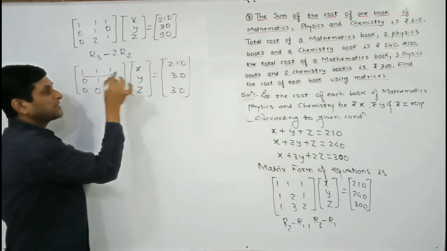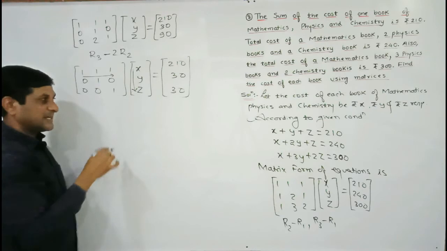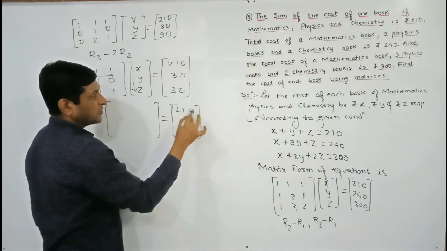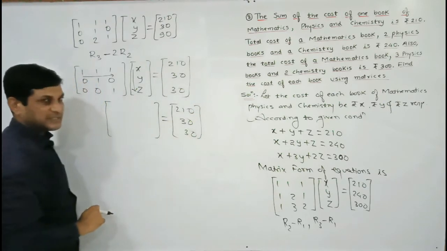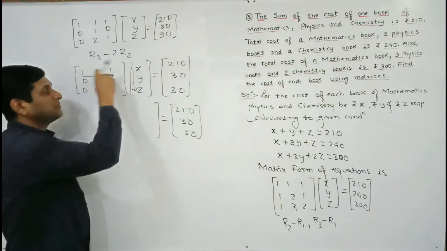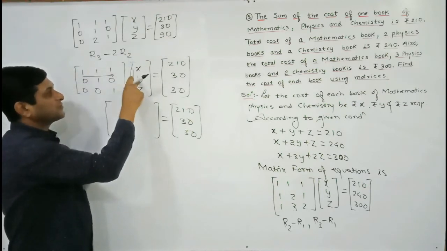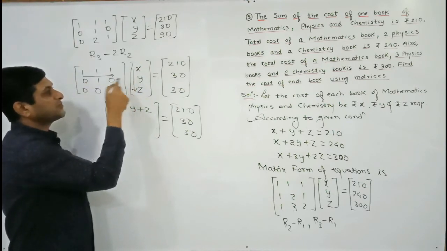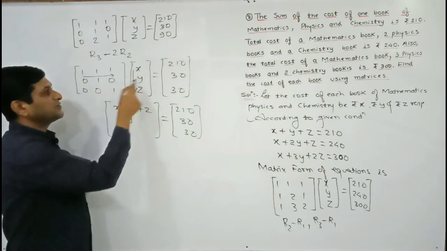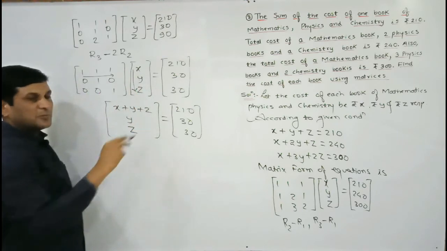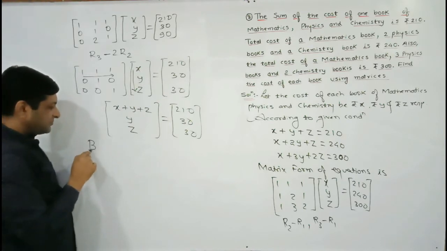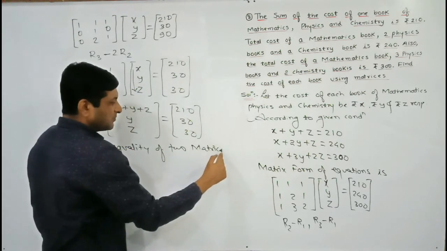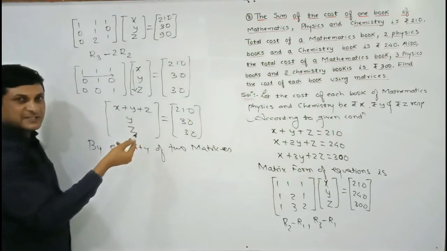Once this matrix becomes upper triangular, take the multiplication of these two matrices. So now observe what result we are getting if we are taking multiplication of these two matrices. On this side keep this matrix as it is. We know that whenever we are taking multiplication, multiply row by the column. So in the first row we will get x plus y plus z. Then 0 plus y plus 0 means y. 0 plus 0 plus z means z. So here we can observe that these two matrices are equal. That's why we are applying the definition of equality of two matrices. Let us see what result we will get applying this definition.